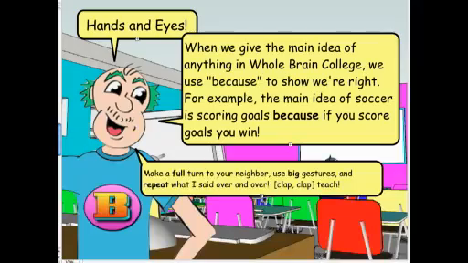Here's the because clapper if you haven't seen it before. Whenever a kid says because, they clap like this and the whole class claps because. Why? Because is the most important word in reasoning. I like whole brain teaching. No reasoning there. I like whole brain teaching because it's fun. It's fun. That's the evidence that backs up the assertion about whole brain teaching.